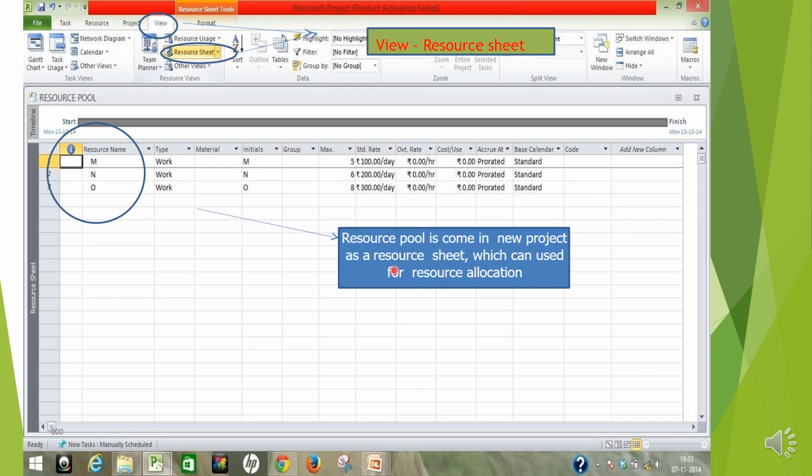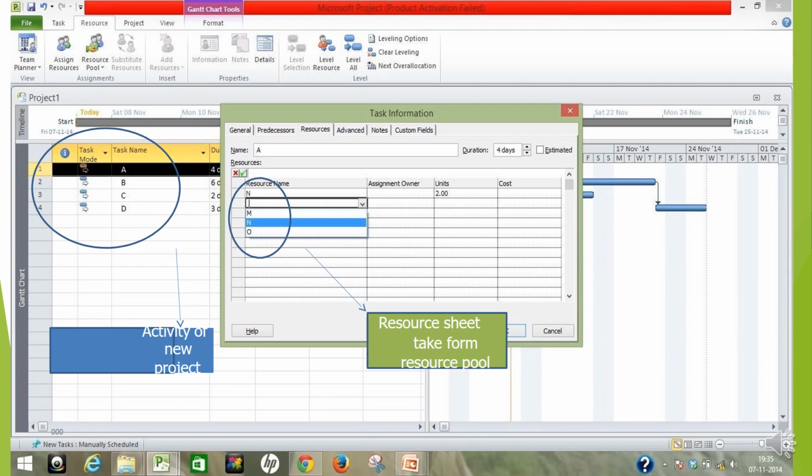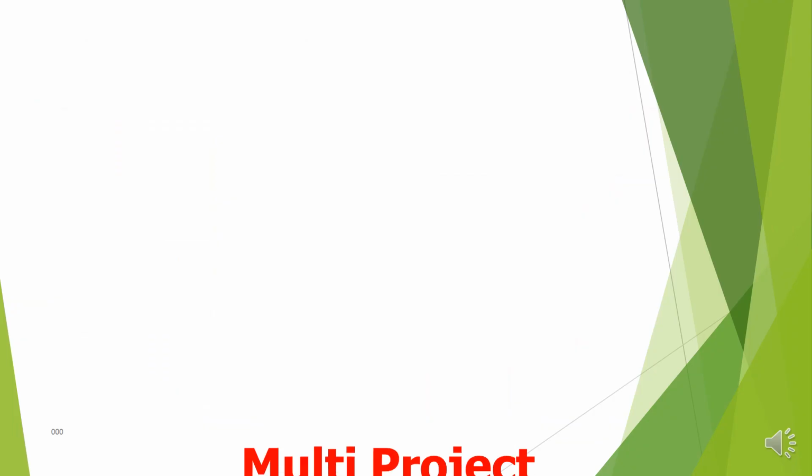Okay, in the View you get a resource sheet. The resource pool comes into the new project as the resource sheet, which can be used for resource allocation in the activities of the new project. The resource sheet is taken from the resource pool. From the resource pool you can see the resource names.